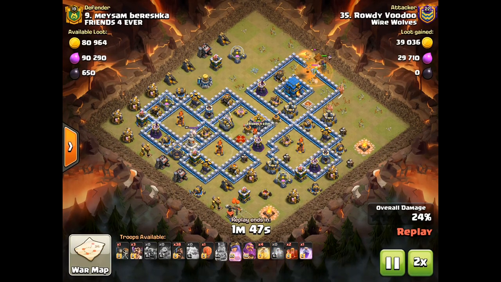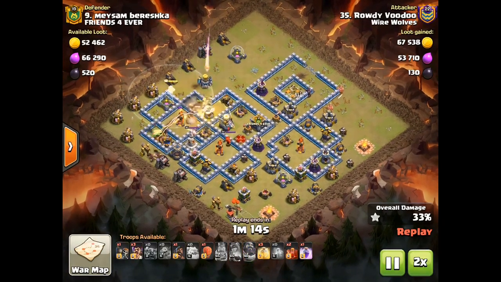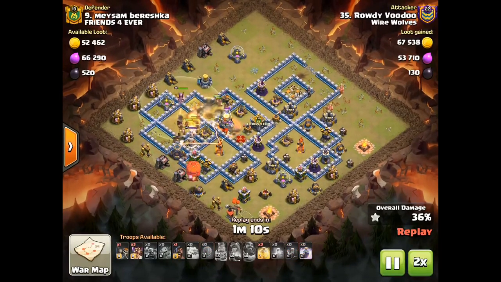Now, unfortunately, he did pull the enemy CC here, which is kind of a bummer. It just doesn't go according to plan, because you generally don't want to pull the enemy CC. In this case, it worked out perfectly, because the Queen was able to take it out with that Party Wizard and the Poison Spell. Now there's no enemy CC to deal with, and they have all the hogs, skeleton